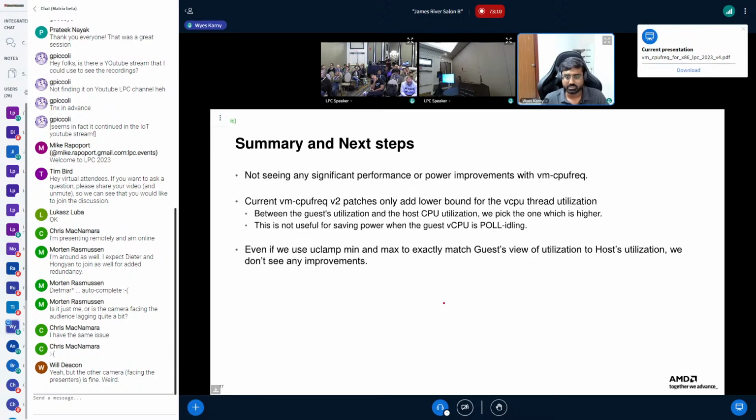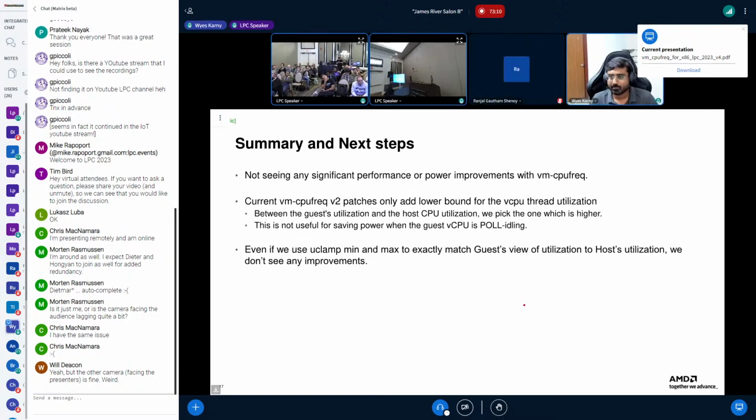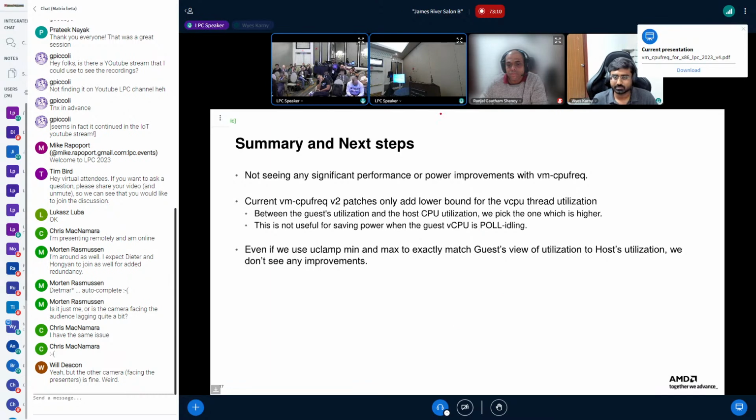Any comments, any questions? Yeah, it looks like we have a question. Hey, Saravana here. I went through the slides. One of the things I wanted to know was, are these all CPUs in the same cluster or are they independently scalable? Because if they're all part of the same cluster, the whole VMCP freq stuff isn't very useful, because running on one CPU versus another determines the frequency the same way. So how independently scalable are the physical CPUs?